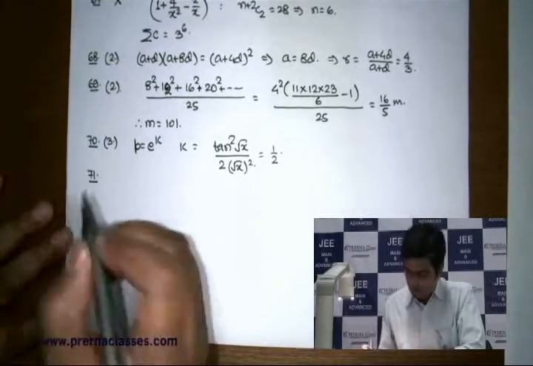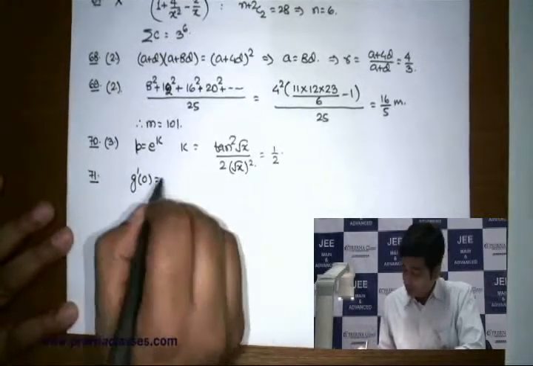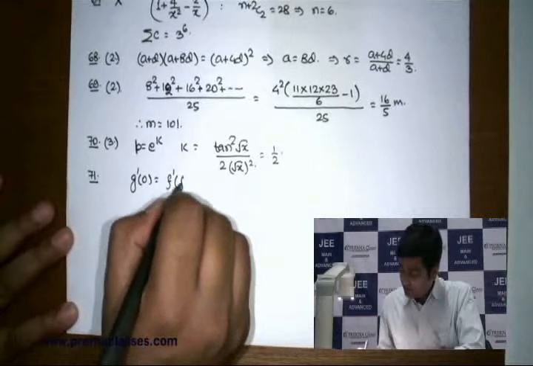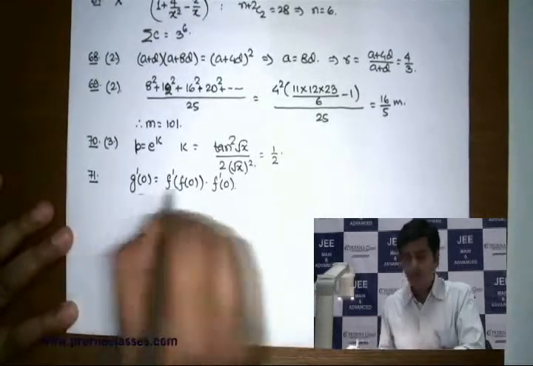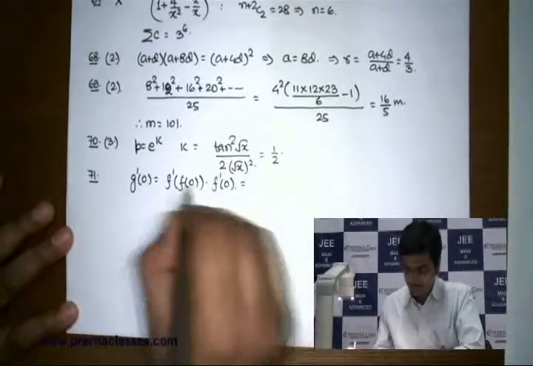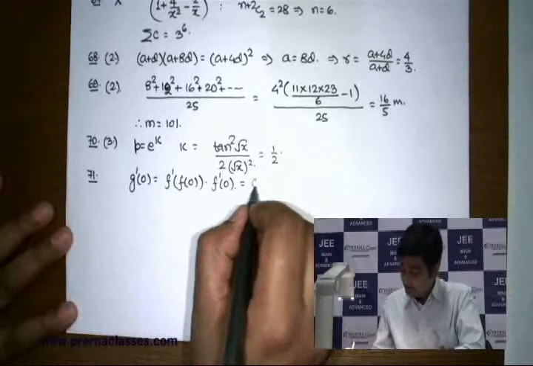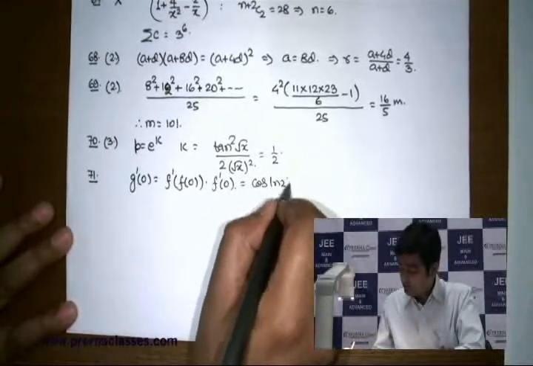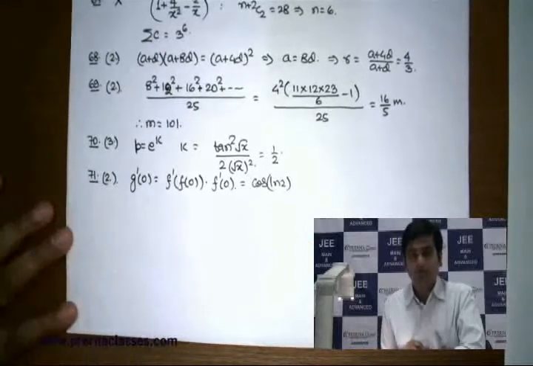Clearly that is not 0, so in order to figure out g dash of 0, all you need to do is that you have to just differentiate that composition and figure out this value. Once you figure out this value, after modifying that function, you will find that this is cos of ln of 2, nothing else, which is then the option 2 in that problem.